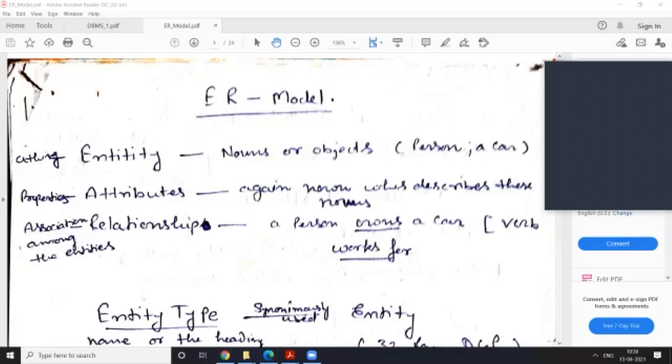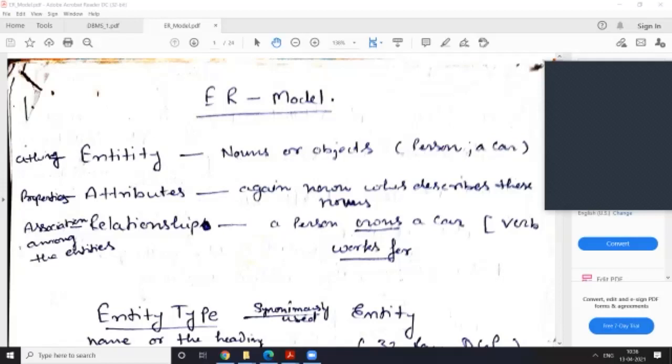It is the responsibility of the user to point out if there are any changes. Suppose I understand that there could be one entity, but the actual scenario is that you need to use two entities. So who will tell you what changes you must make? That is the user. Though they don't have technical knowledge, they can easily explain clearly what they are looking for. So this is the aim of the ER model.